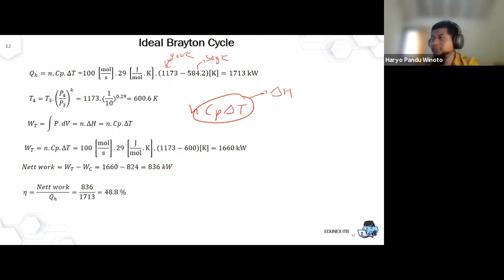With n Cp dT, here you have work of compression, you have heating, and then what else? You want to find work at the turbine. First, you need to find the delta T here, then use this mathematical correlation, which is always useful. When we increase the pressure of a gas, what will happen to the gas temperature? Anyone want to answer?